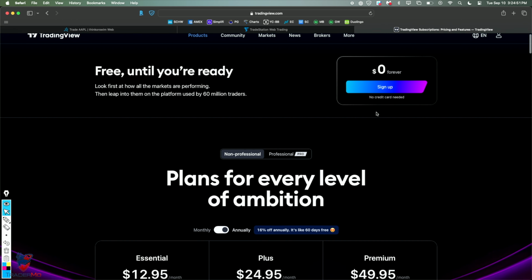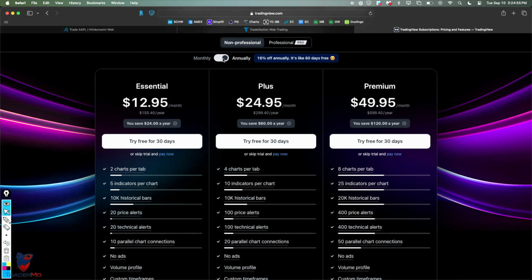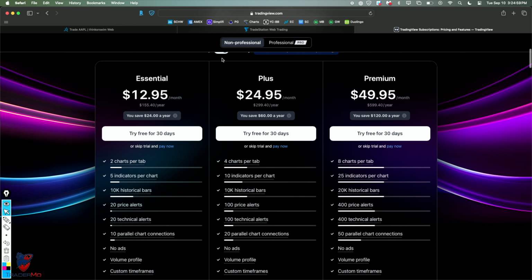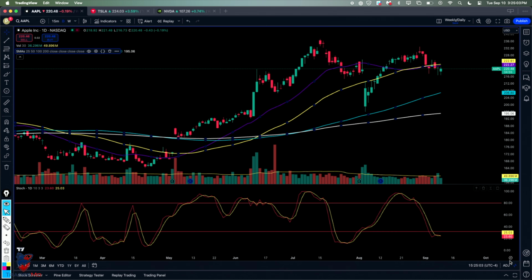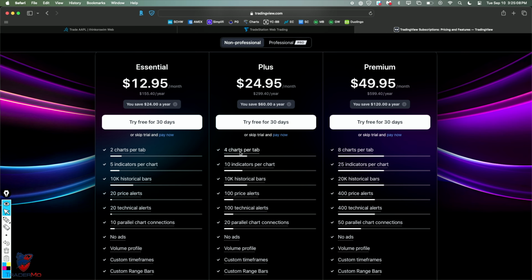So you can have access to their charts. Now, if you want more, of course, it's going to cost more. You could pay on a monthly basis. You could pay on an annual basis, whatever you want to do. But if you have the essential, you can get 2 charts per tab like I have right here. 2 charts per tab. It's great. If you wanted to up it to 4 charts per tab, maybe you're a day trader, 8 charts per tab,